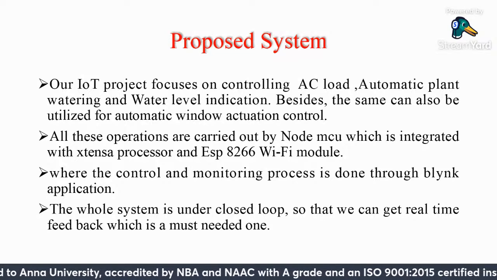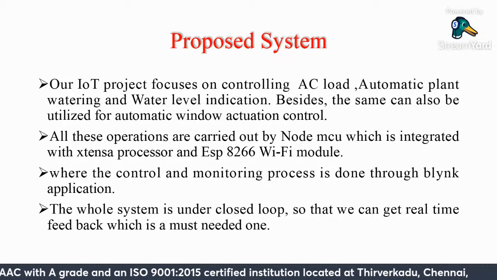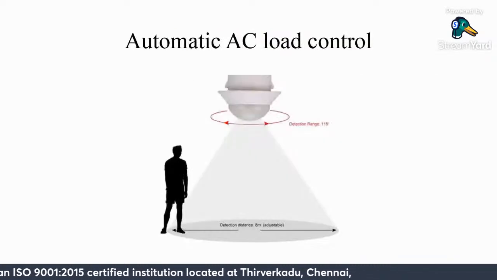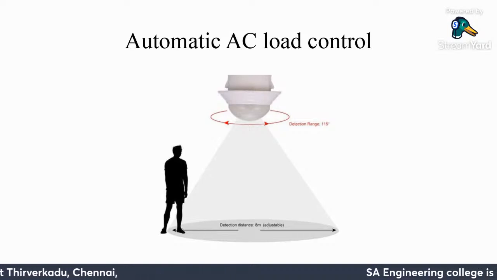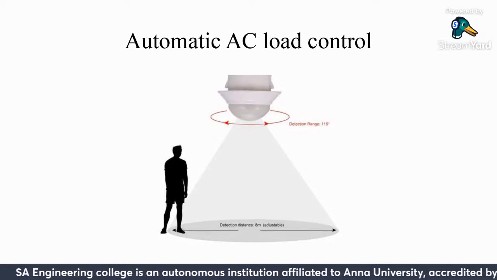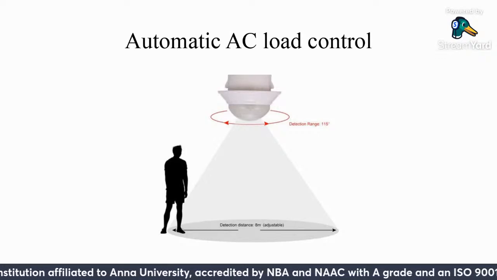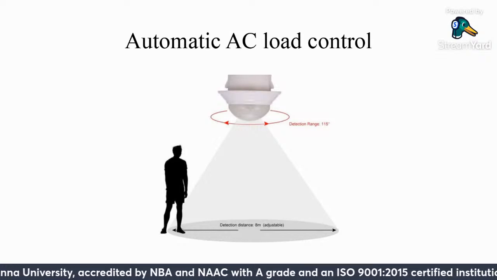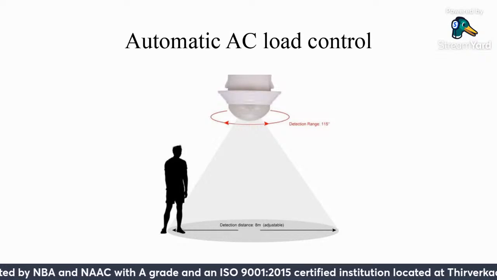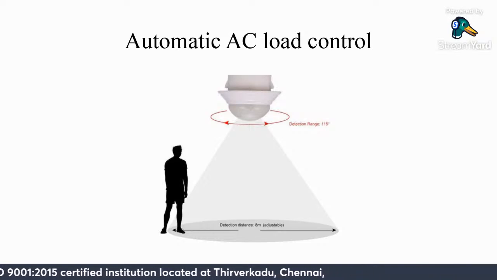Next, coming to our proposed system, first, as I said earlier, I'm using AC load control. I will tell one by one. This one is the automatic AC load control. We are controlling the AC load automatically. Then why do we tend to use IoT here? Normal automatic AC load control uses a microcontroller which controls the lighting or fan loads according to human presence, but we can't get real-time feedback of whether the load is turned on or off. We can't control this in a mobile application, but here in our system we can get real-time feedback of what we are controlling by means of this